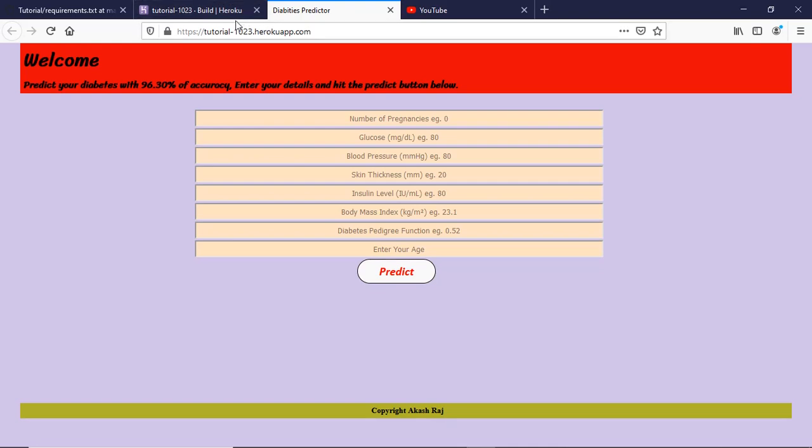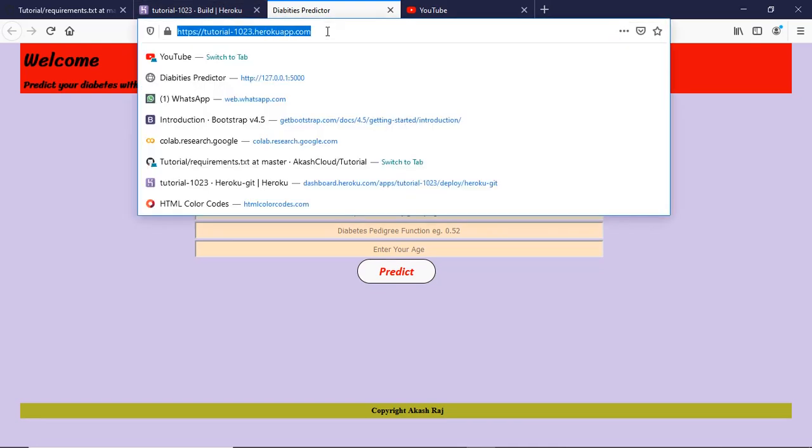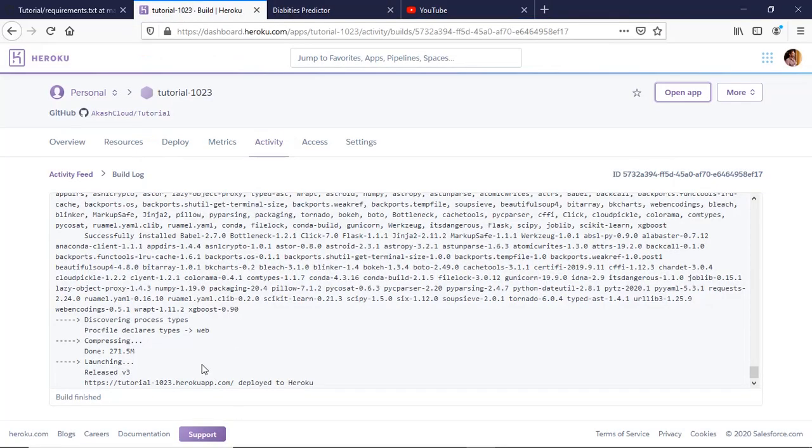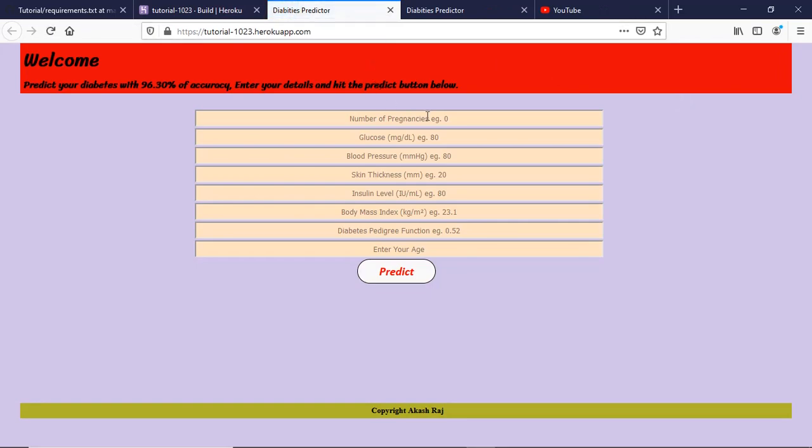Now you can see here, this is our application which is available online. After completing this, the message I got is that my application is deployed to Heroku. And after clicking on open application, this is my application.